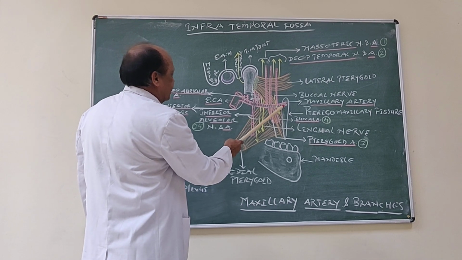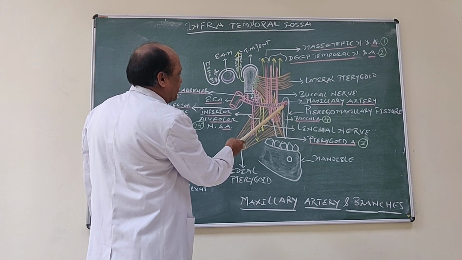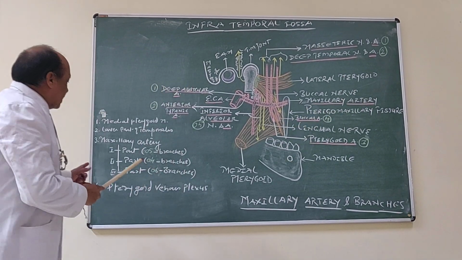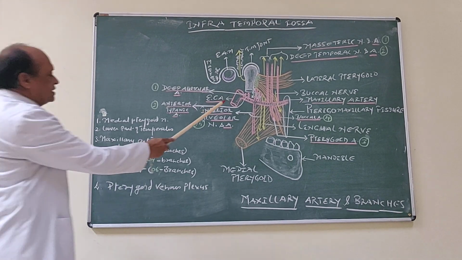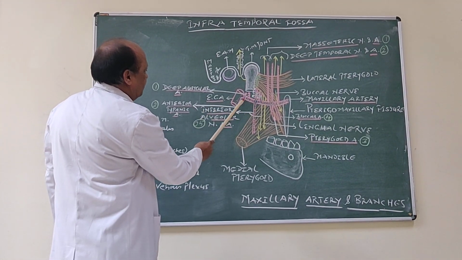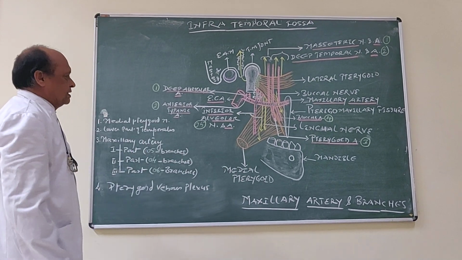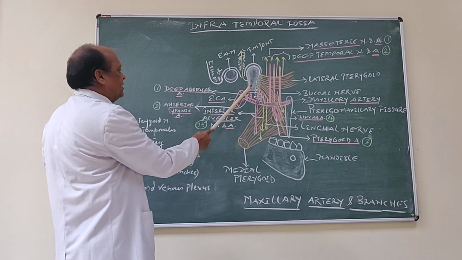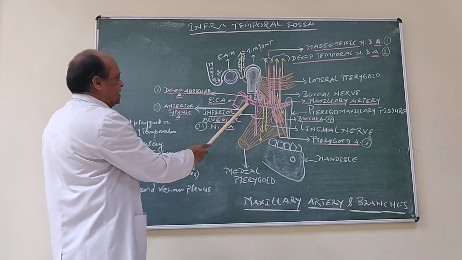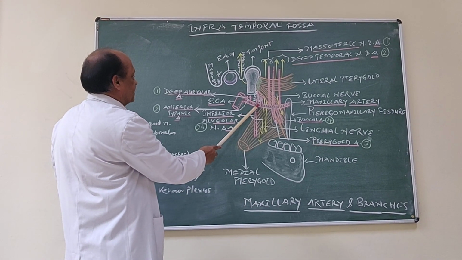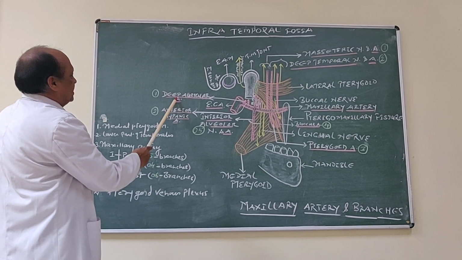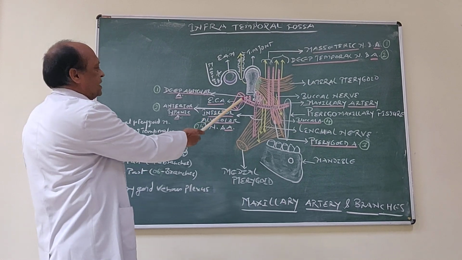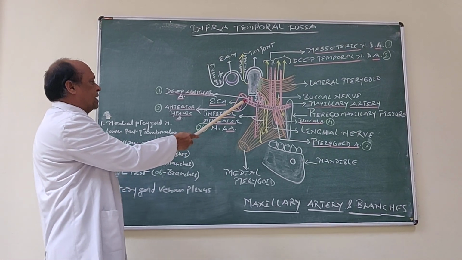The maxillary artery enters the pterygopalatine fossa by passing through the pterygomaxillary fissure. If you concentrate on the first part, from the origin to the lower border of the lateral pterygoid muscle, it runs medially, almost horizontally, between the neck of the mandible and the sphenomandibular ligament, and it gives 5 branches. The first branch is the deep auricular artery. The deep auricular artery supplies the skin of the external acoustic meatus and the outer surface of the tympanic membrane.